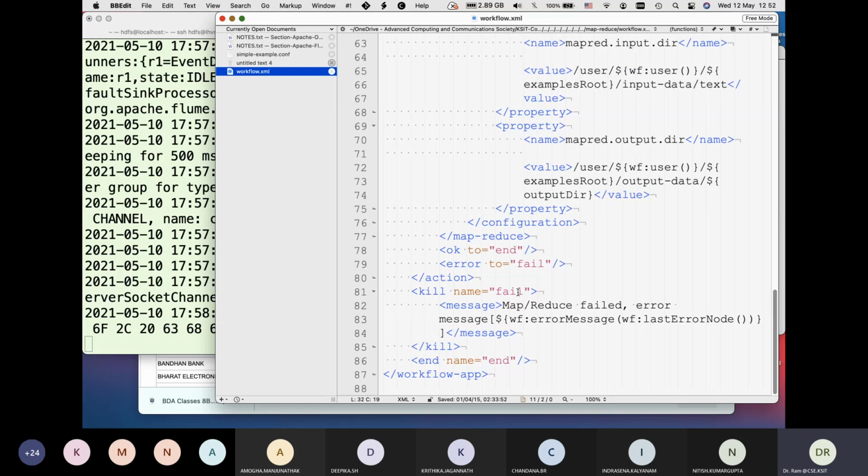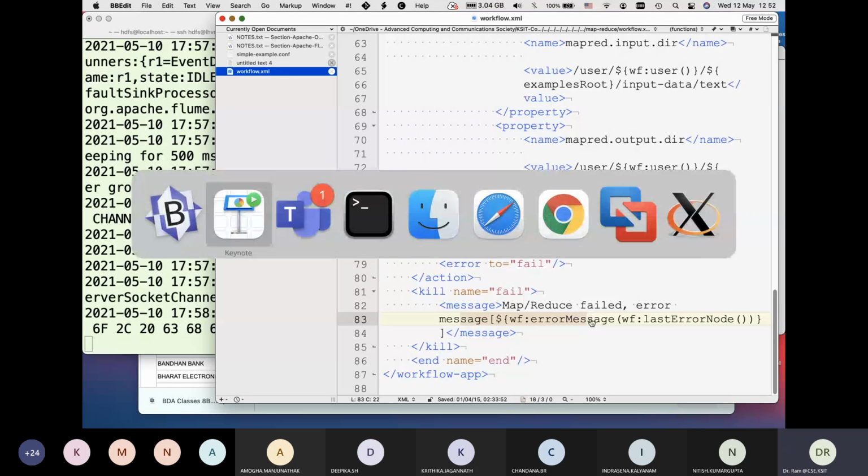One job is there, and either it completes successfully or it fails. So we define where to go if it succeeds, go to the end node. If it fails, on error, go to the fail node, and fail node means you're basically writing a message. So this is a very simple workflow example for defining an Oozie workflow.